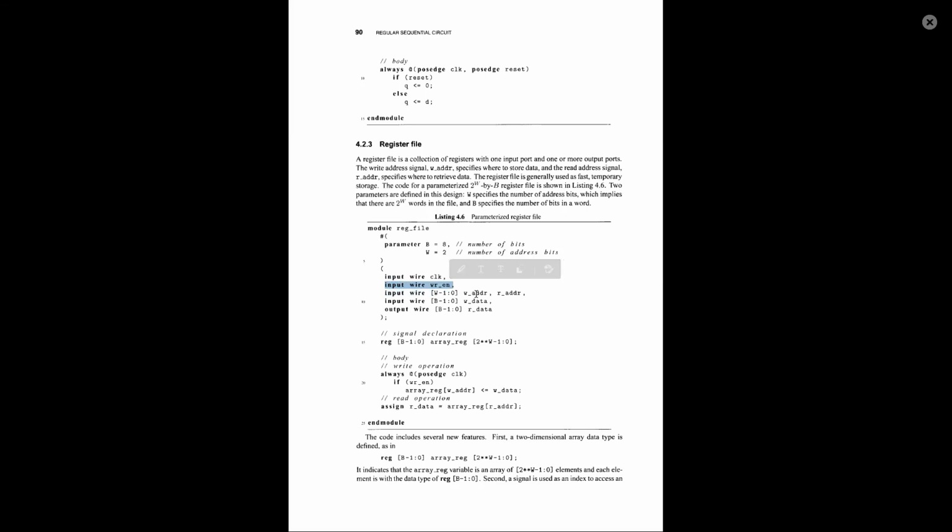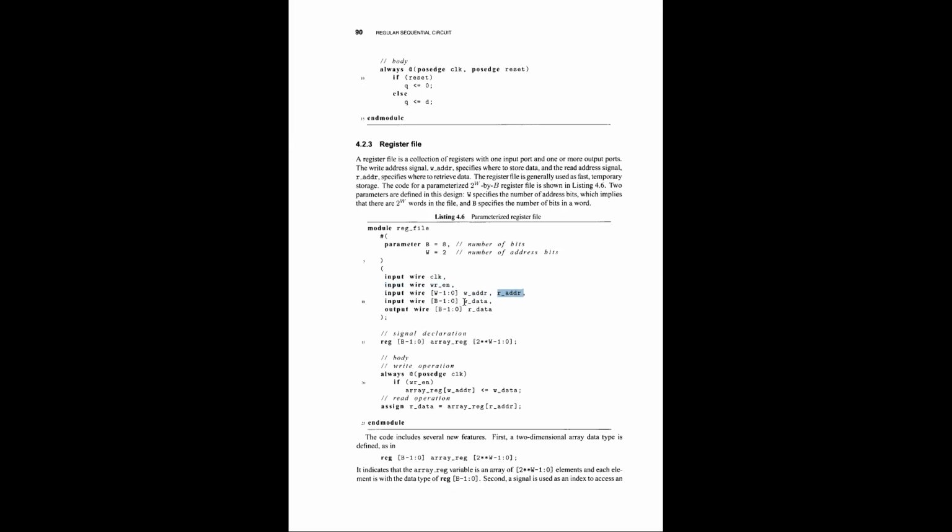And the second thing we need: as you know from microcontrollers, whenever you want to read the memory, you need some specific address, or when you want to write in memory, you need a specific address to write to. So for every reading and writing operation, you need addresses. We define W address and R address. W address is the writing address, and R address is the reading address.